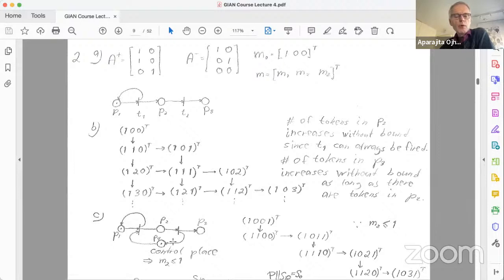In this way, you bound the P2 net. In this specific case, you bound the second place. So that means that M2 can never be more than 1. And in that way, we can also see that